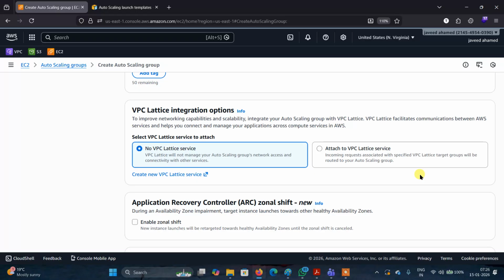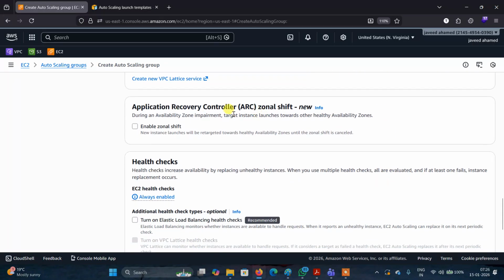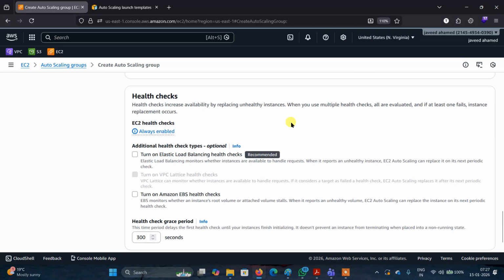If I want to connect with other services, we need to select attach to VPC Lattice service. Okay. There is another option, the application recovery controller zonal shift. During an availability zone impairment, target instances are launched toward another availability zone. If you want to create in another availability zone, you can select this application recovery controller zonal shift.